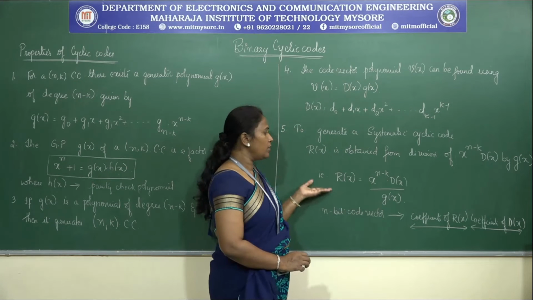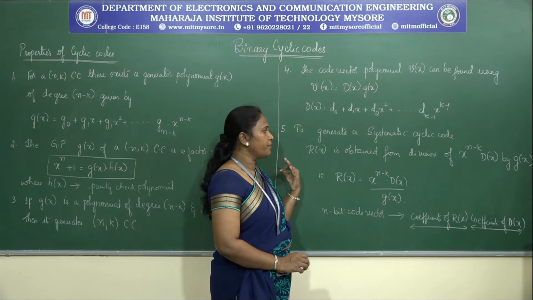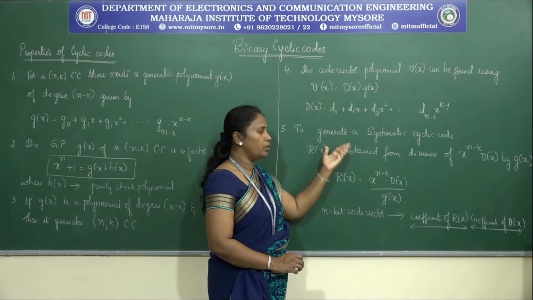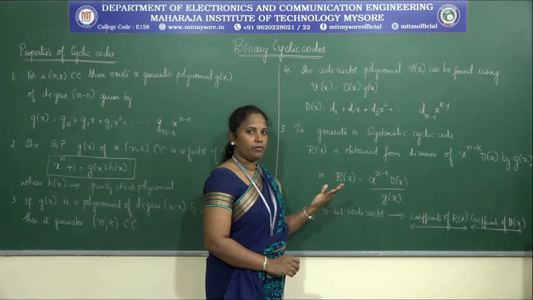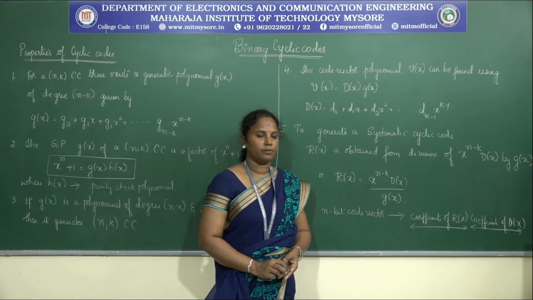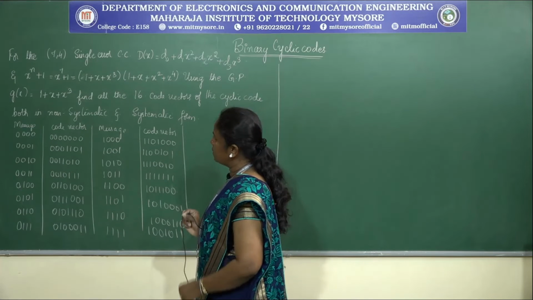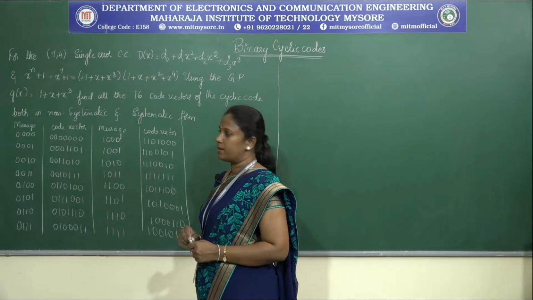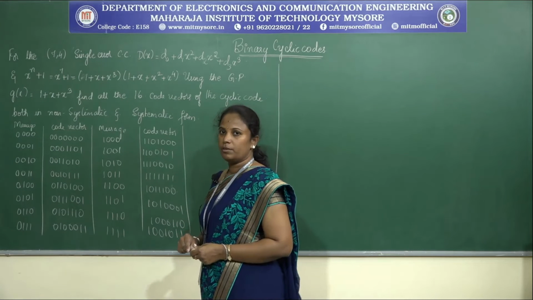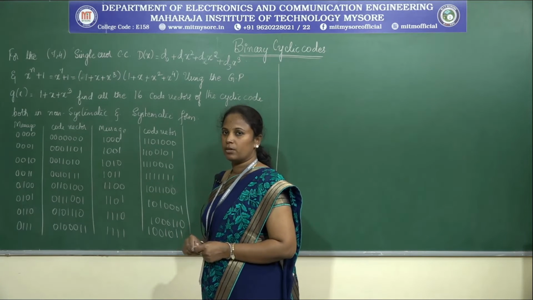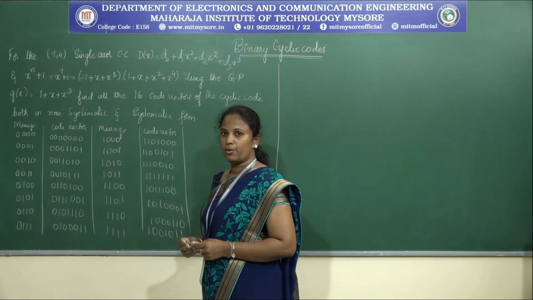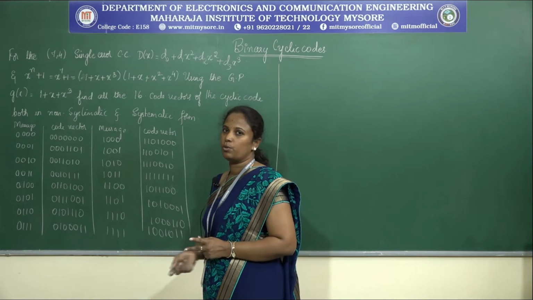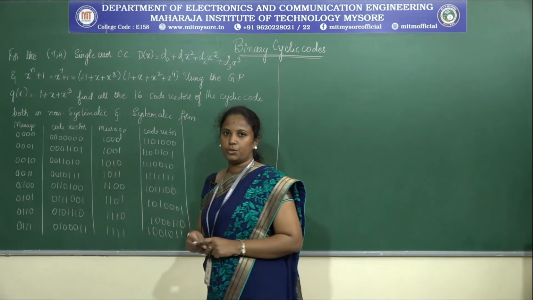So now let us look into an example where I will show how we are going to find the systematic cyclic code and how we are going to find the code vector for a non-systematic cyclic code. Let us solve a simple example with respect to systematic and non-systematic. We need to find all the message vectors, both systematic and non-systematic, where I will show both for two message vectors. The rest you all need to find.